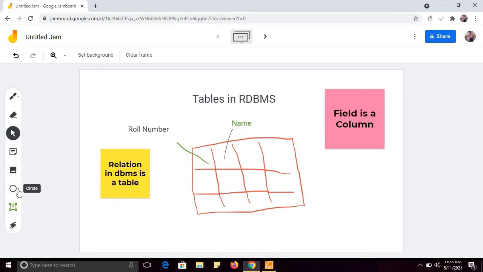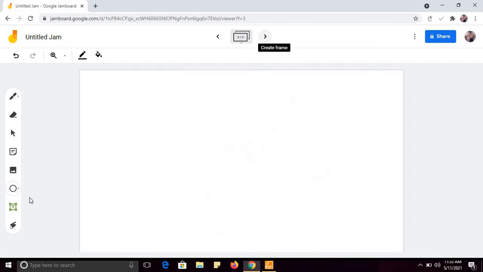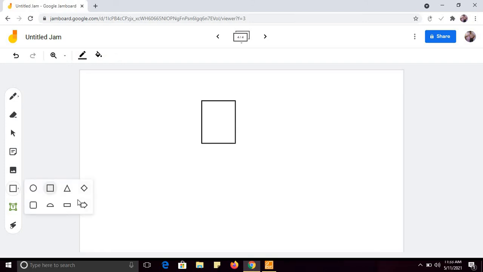So you can use sticky notes, you can insert an image, you can insert a text box, you can draw shapes also. If you want to explain some diagram, see how simple it is. You can insert shapes. There are so many shapes available. You can insert shapes, you can insert arrows, and so on. You can draw a diagram, and then you can explain the diagram. So the shapes feature is here.